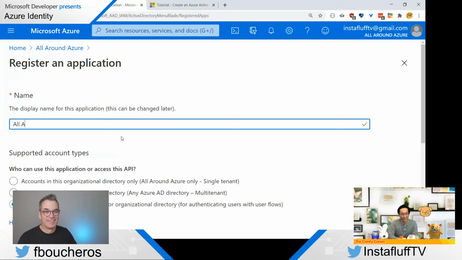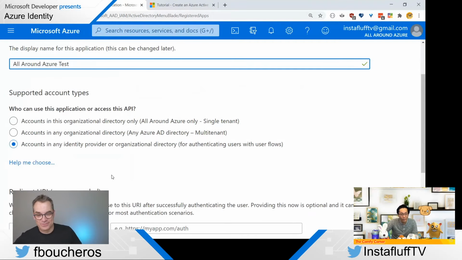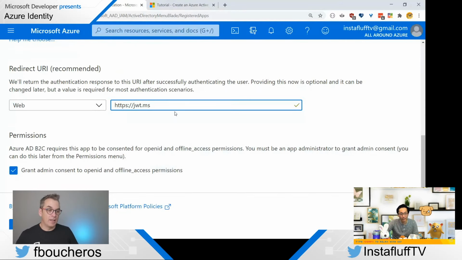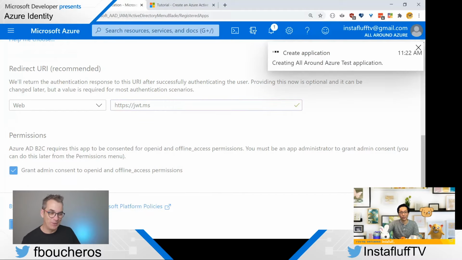Okay. So all around, we're gonna create the application again. So all around Azure test, and then we'll do. Oh yeah, we can do this one where we can do any identity provider. That's cool too. Yeah, that's the one that we were doing for the company network, because then you can have anybody, like they don't have to have access to your company or anything. Just like an open website. Yeah, so if you do a community thing, this one is better because people could use their Twitter or whatever and just log in. And now every time they come back, they are that person. Yeah. But the other one is useful if you don't want everybody to get in.